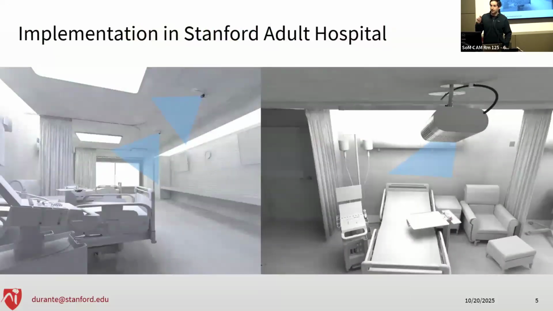Cool. I'll do a really brief dive in about what we did at Stanford Hospital, and we're trying to basically do the same thing in home environments. It's still a work in progress, and we think there are many different applications for this kind of technology. So basically what we have here is a mock hospital room. You have a patient bed. These are the ICU rooms at Stanford, so the patients are just stuck in bed. And we have these cameras trying to detect subtle changes in the behavior, what actions the patients are doing.